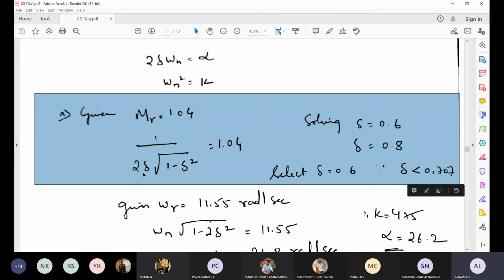This particular thing, please write it down, all of you. Mr will be equal to